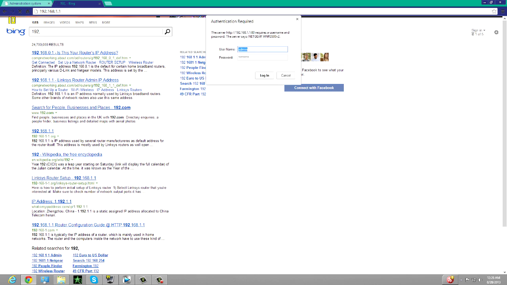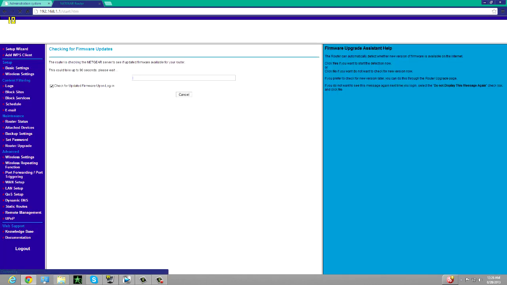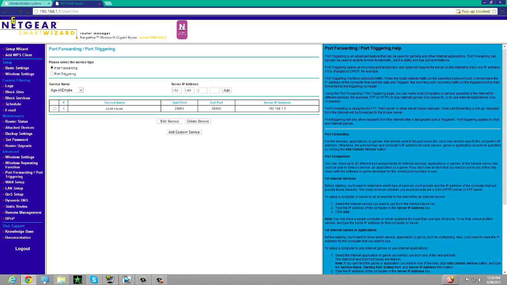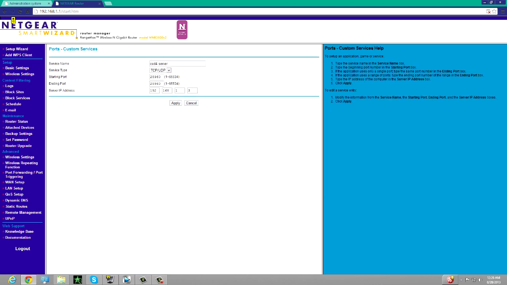Okay. And here, what you could do is look up your router and then your router version. So this is my router version, and for mine it's admin, and then my password is password. That's just the default ones. So yeah, log in here, look for port forwarding / port triggering. Your router's page might be different, but basically you're just gonna hit add custom service, and what you're gonna do